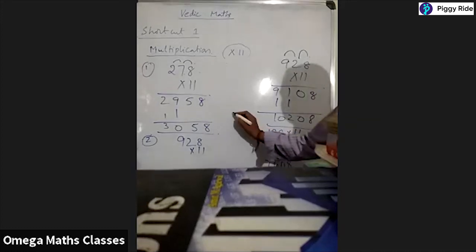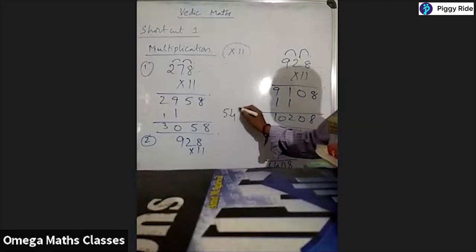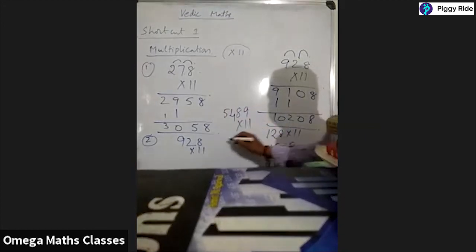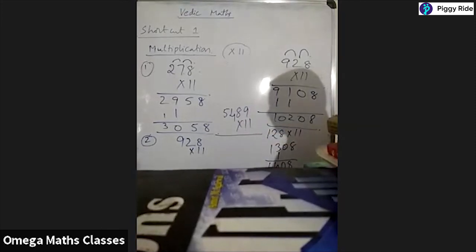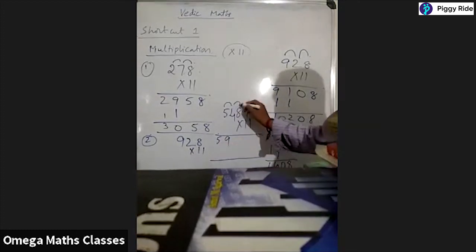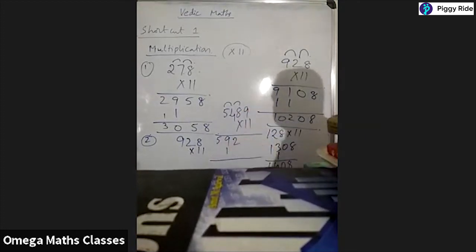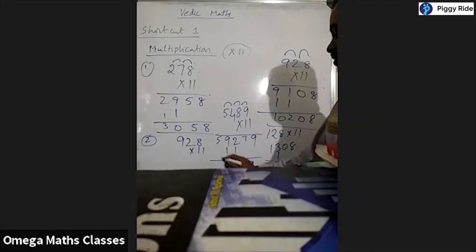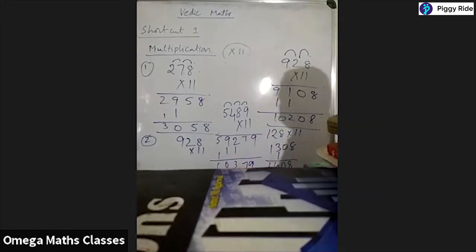Now try one more. 5, 4, 8, 9. Suppose 4 digit. We'll try 4-digit numbers. Same process. So first is 5. And next is 9. And next is 12. So 12 is like this. And next is 17. So 17 is also like this. The last one is 9. 9, 7, 3, 10, 6. So 60,379.